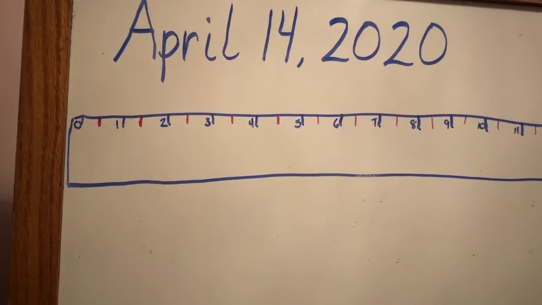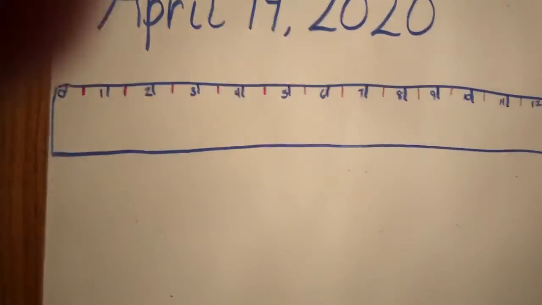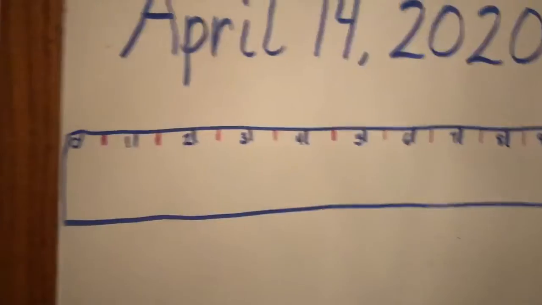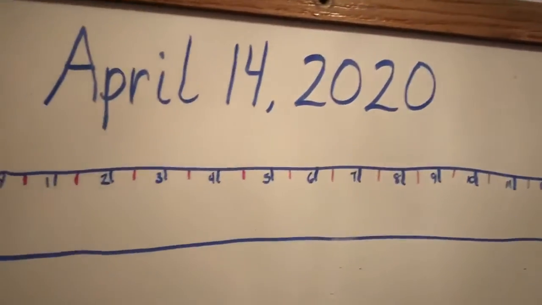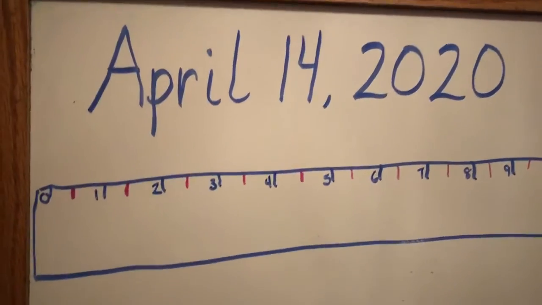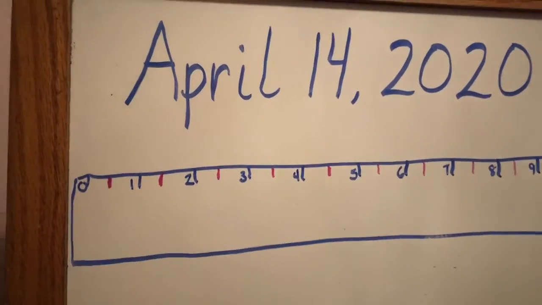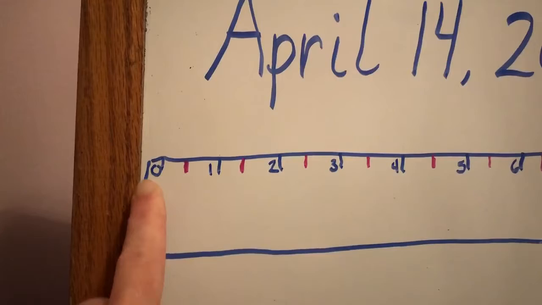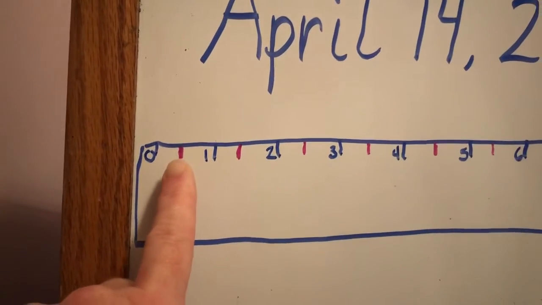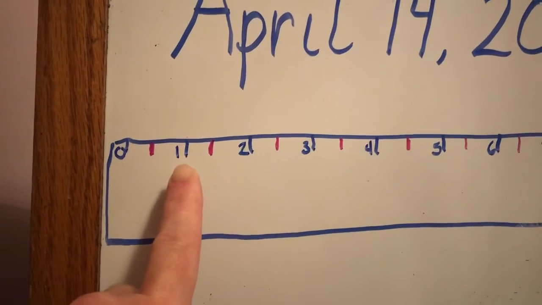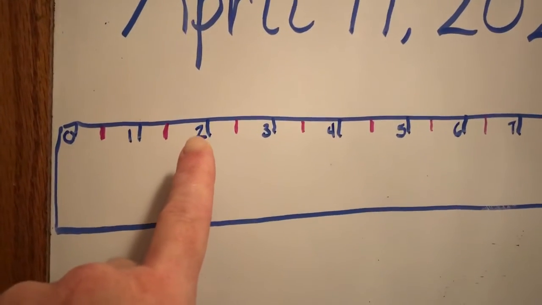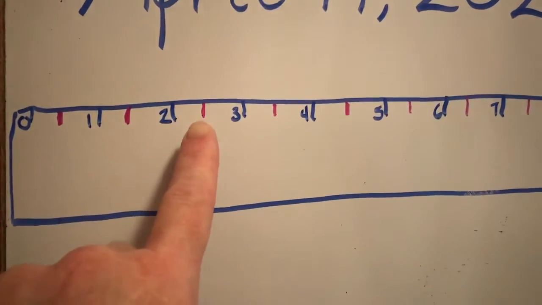Okay, now let's count our lines here. All right, so here's what we're going to do. We're going to count down the ruler, and I want you to count with me. So we're going to say our whole numbers and our half numbers. Okay, here we go. 0, 1/2, 1, 1 and 1/2, 2, 2 and 1/2,